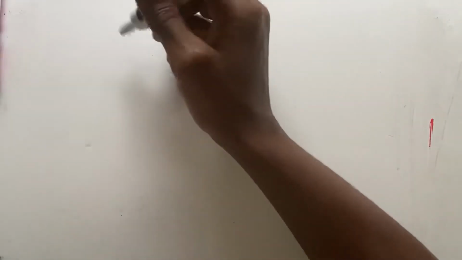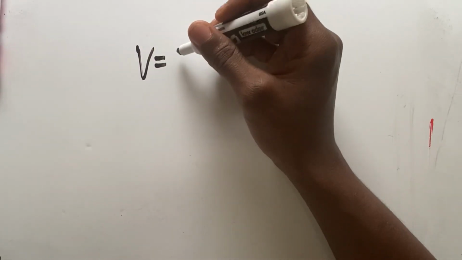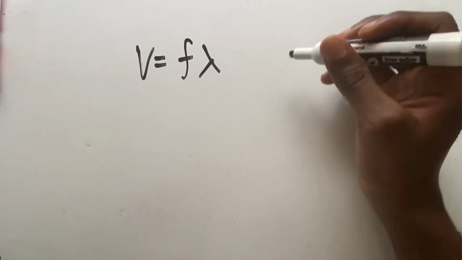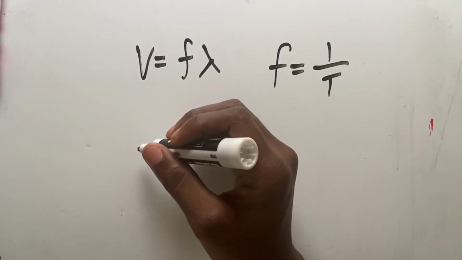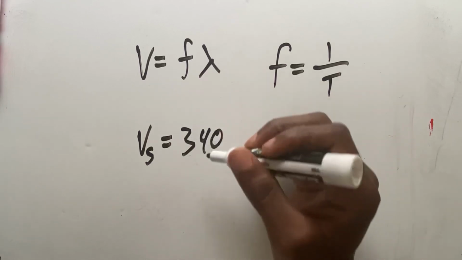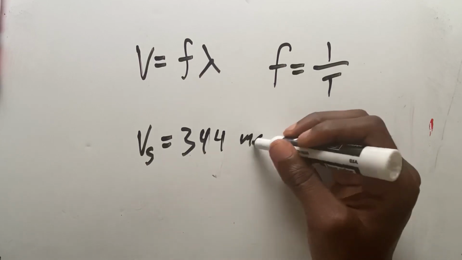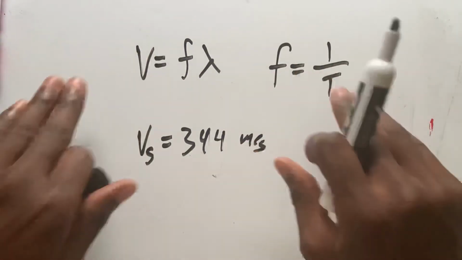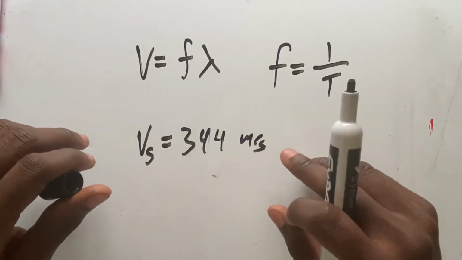Let me just give you the equations that you really need to keep up with. So the velocity is what? Frequency times the wavelength. Frequency is 1 over the period. And the speed of sound is 340. Well, it's exactly like 344, but sometimes we round it. So these are the 3 main equations that you need for this chapter,